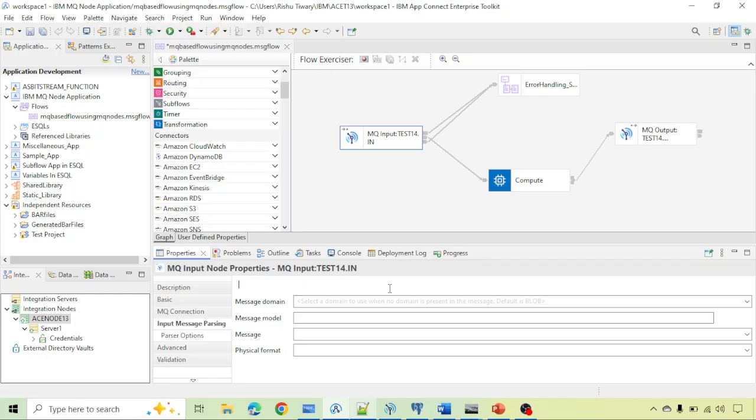So in case you don't know which format of message the source is going to send, then you can select blob, because if you select blob, it converts the source message into hexadecimal for further processing. Okay,